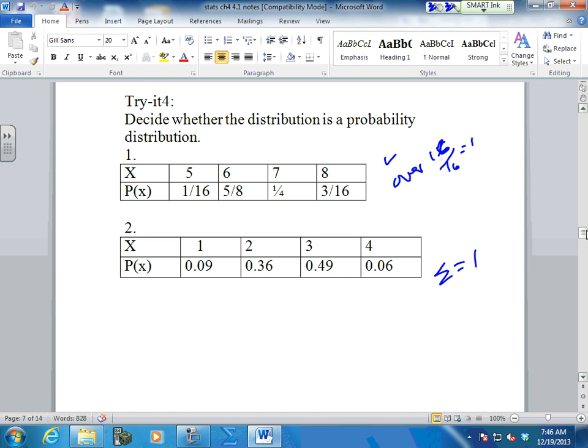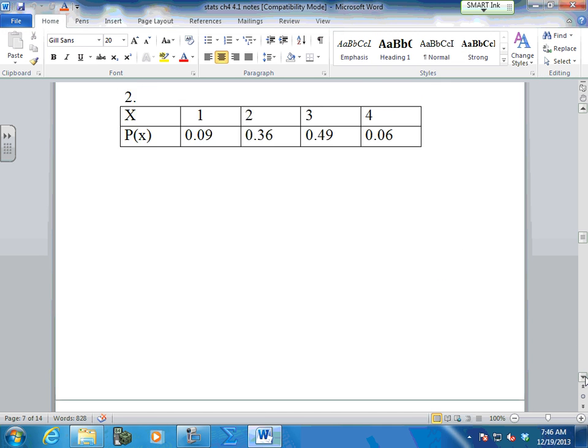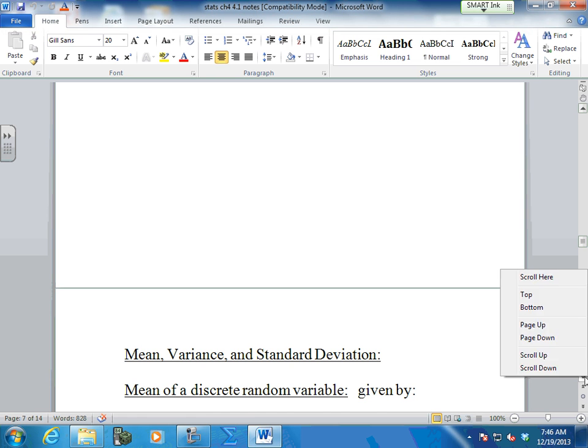Joe said they add all up to 1, and they're all between 0 and 1. The only criteria, guys, two pieces of criteria: they have to be between 0 and 1, and they have to sum up to 1. That's the only two criteria that we get from this. Now,